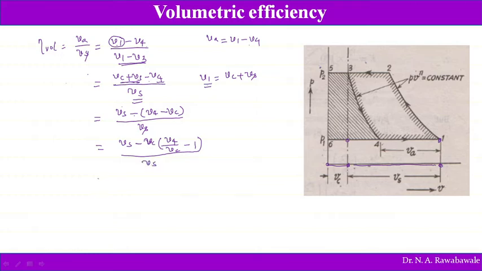So now again simplification, if we divide the complete numerator by Vs, Vs divided by Vs gets cancelled, 1 minus Vc divided by Vs bracket V4 divided by Vc minus 1. So now this can be written as 1 minus K divided by 100 into V4 divided by Vc minus 1. So where